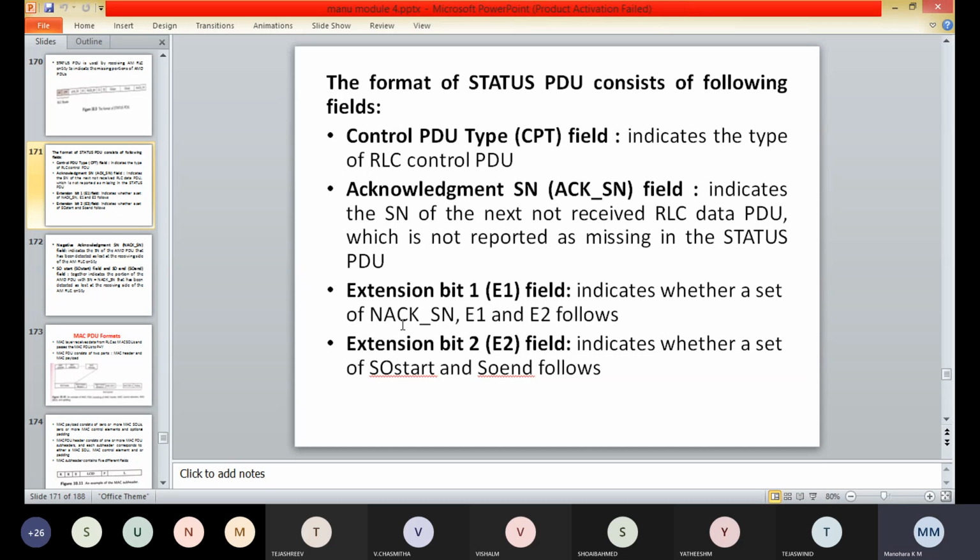Coming to the negative acknowledgement SN field, that is NACK_SN.